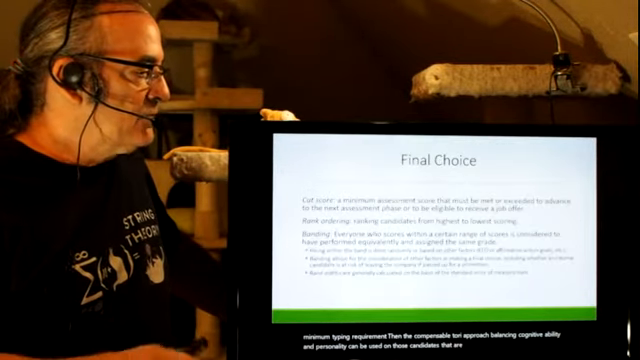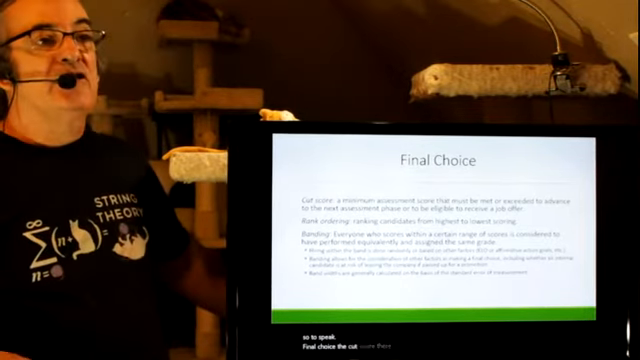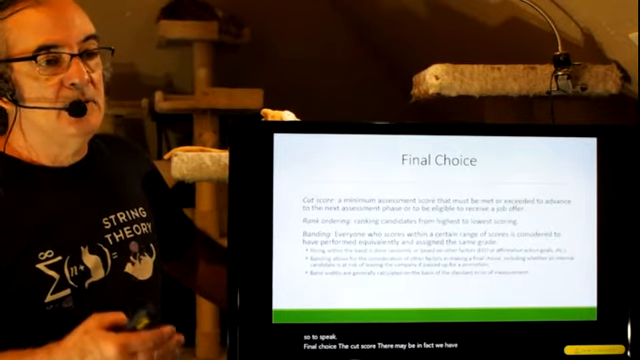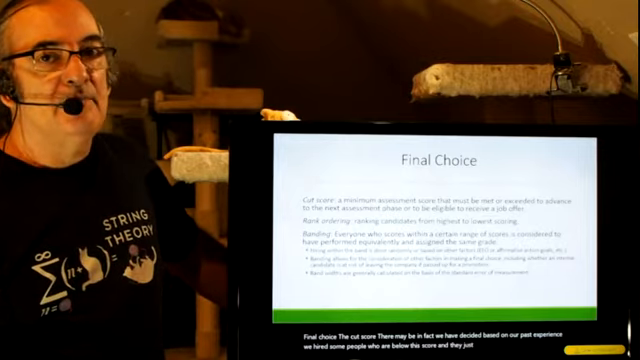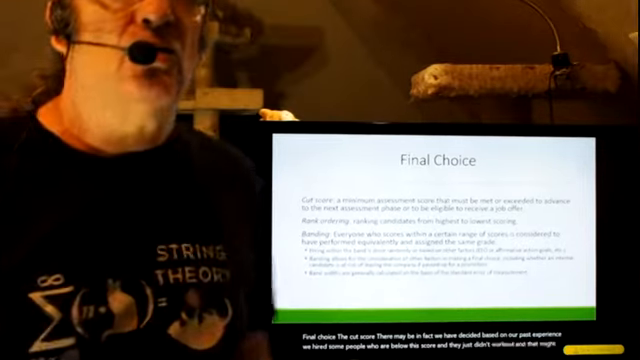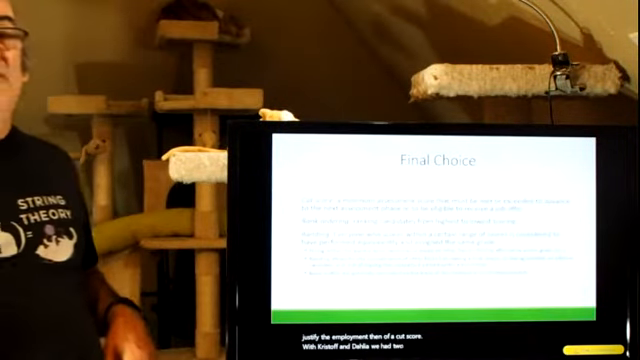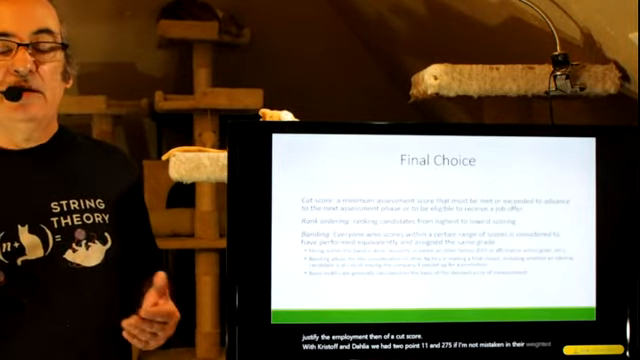Now, final choice, well, the cut score. There may be, in fact, we have decided, based on our past experience, we hired some people who were below this score and they just didn't work out. And that might justify the employment then of a cut score, right? So we saw with Christoph and Dahlia, we had 2.11 and 2.75, if I'm not mistaken, in their weighted final scores. We might say, hey,